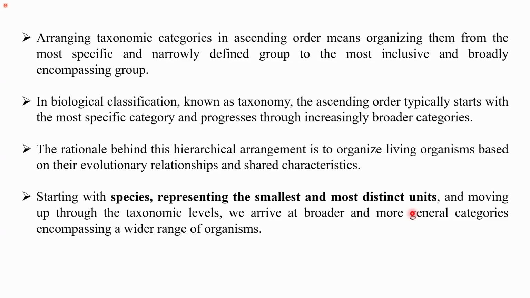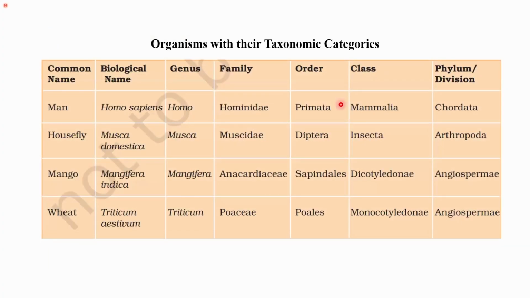It is the most distinct unit, and moving up through the taxonomic levels, we arrive at broader and more general categories encompassing a wider range of organisms. So this is the basis for the taxonomical classification. This is what I mean by the ascending arrangement of the taxonomic categories, that is from the species to the kingdom level. So these are certain examples that are mentioned in the NCERT. These are the organisms with their taxonomic categories. You can go through them once so that if it is asked as an MCQ, you might be able to